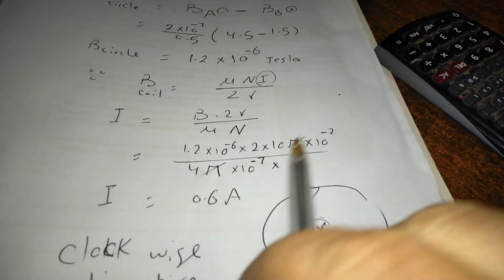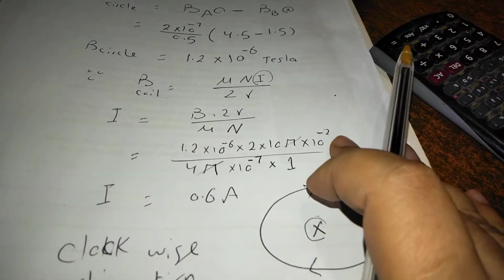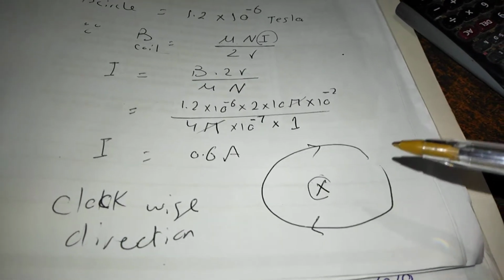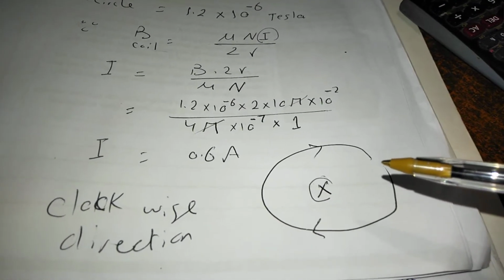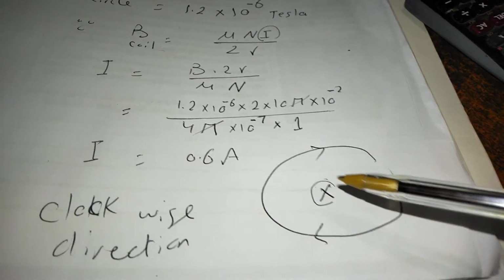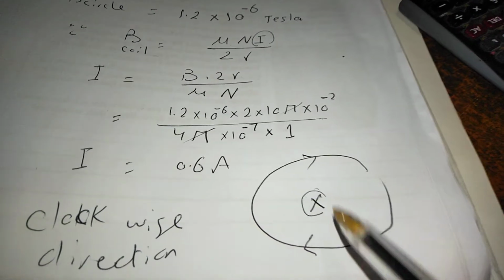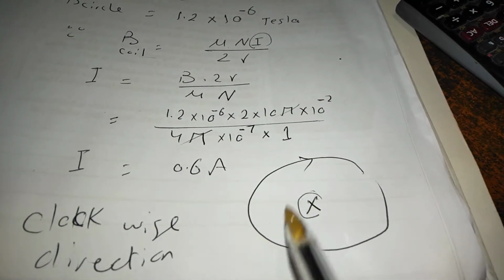and here we have to study the coil itself to know what is the direction of the current. Are you concentrating here? The field of the coil is inward to make a neutral point,